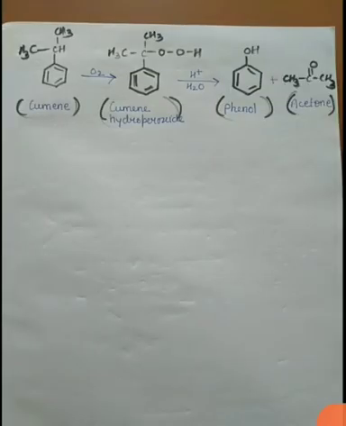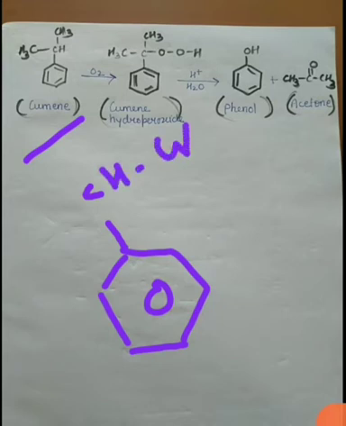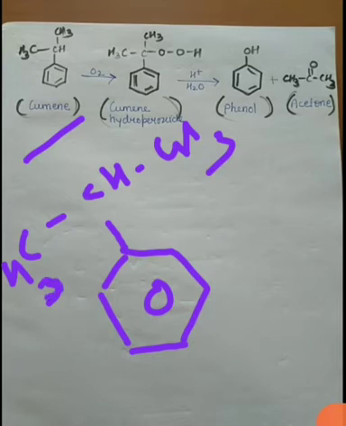Now students, let us see what happens here. You can see here cumene. So what is cumene? Cumene basically has a benzene ring and it is isopropyl. So a 2 degree carbon will be there, that is, this carbon will be attached to isopropyl. This carbon atom should be attached to 3 carbon atoms, so for this it is named isopropyl.